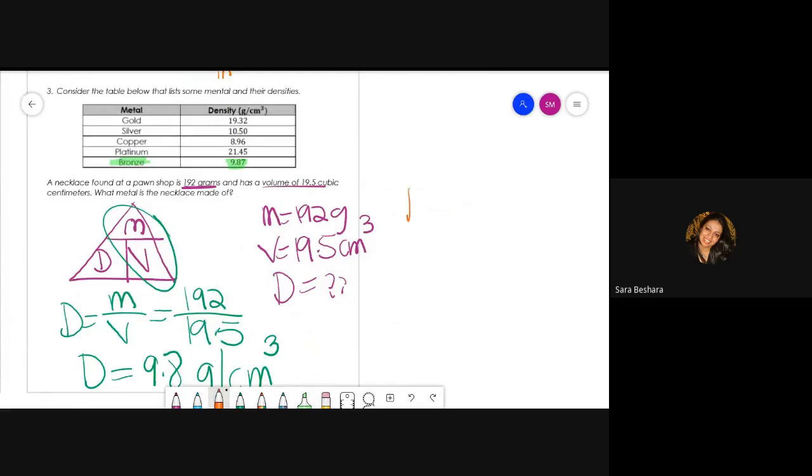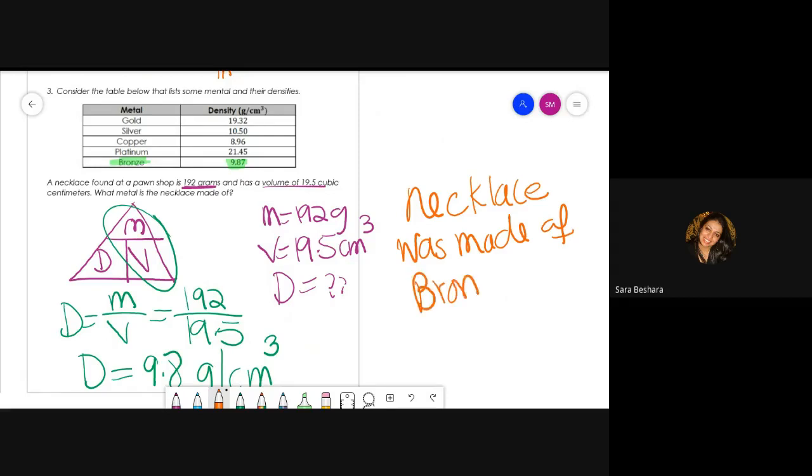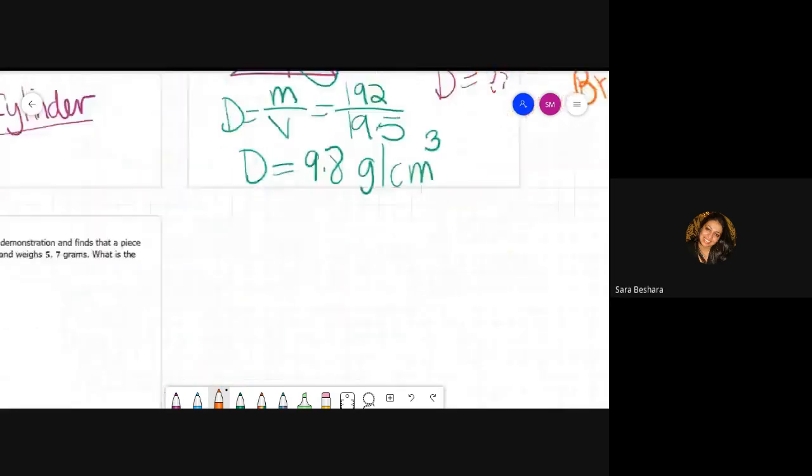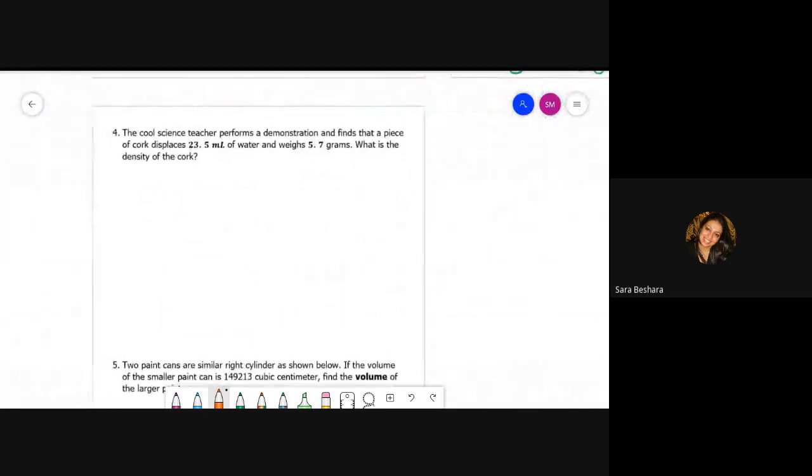I'm not sure why I keep writing in highlighter, but the necklace was made of bronze. All right. Next question would be, the cool science teacher performs a demonstration and finds a piece of cork